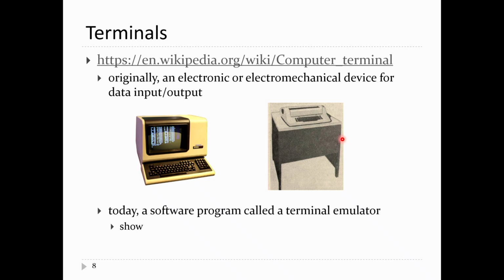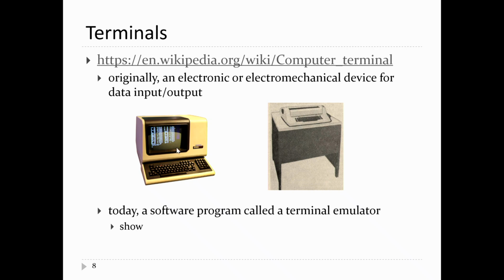So here is a very old terminal, right? You can see it's got a keyboard, right? Now, if you look at this thing, I don't know if any of you have seen a typewriter. This kind of looks like a typewriter. That's a keyboard. You would type commands into the keyboard, and then if the computer produced some output, it would print the output here. So you'd get a piece of paper that comes out, and that would be your output to your program, right? A little while later, we hooked up a screen to the keyboard,